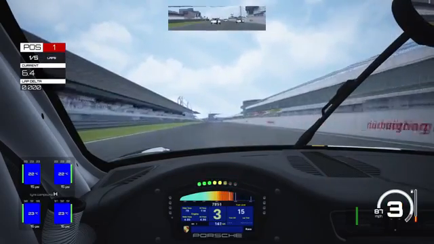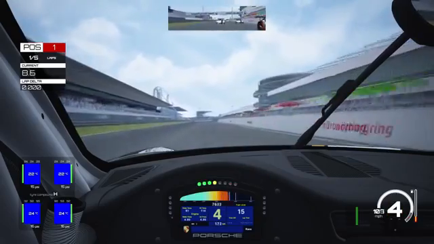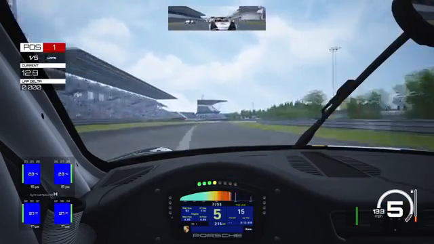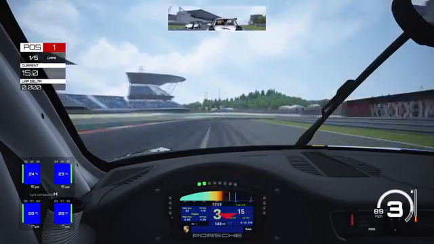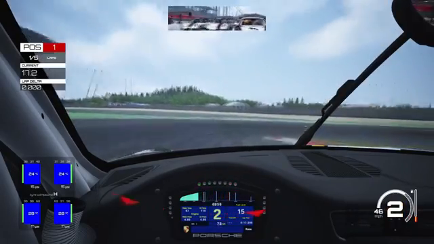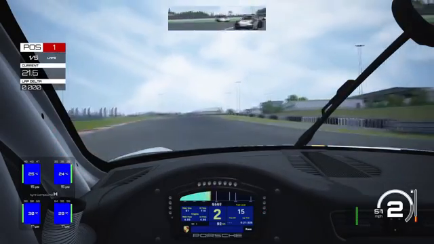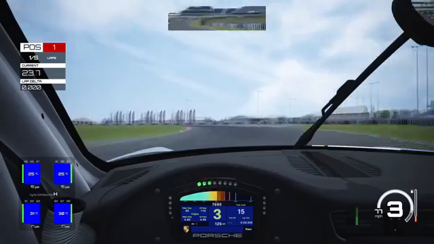So we start off the line, get a reasonably good start. We've got someone on our right hand side. We're going to go over to that right hand side just to cover that inside. One thing you need to be careful of with driving this car is the first lap. What I tend to do is just get it in a higher gear sometimes, and also just be careful on